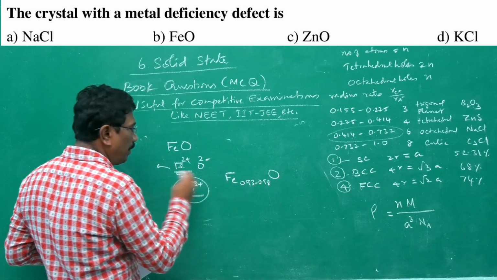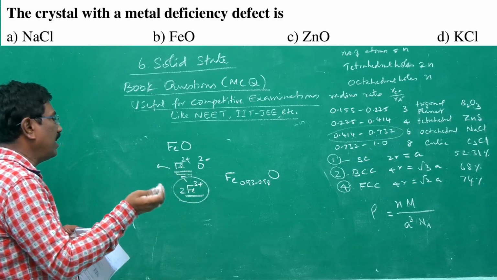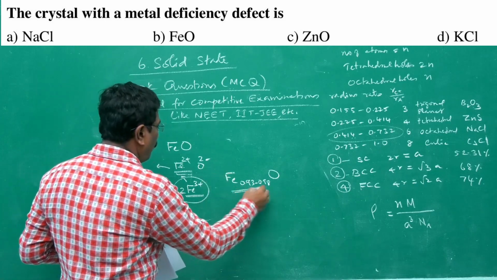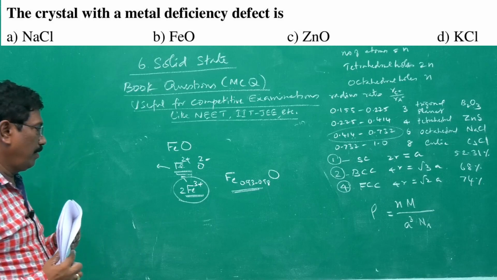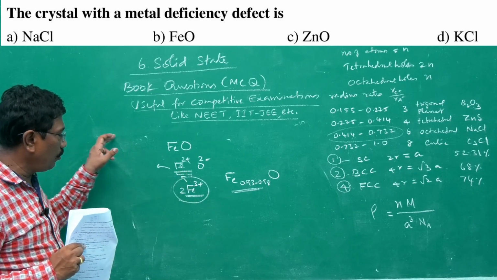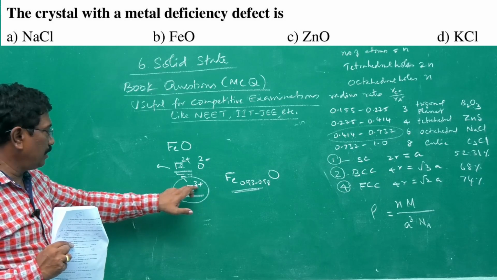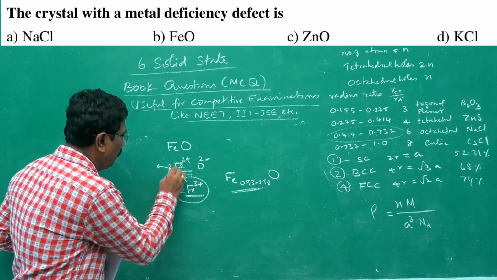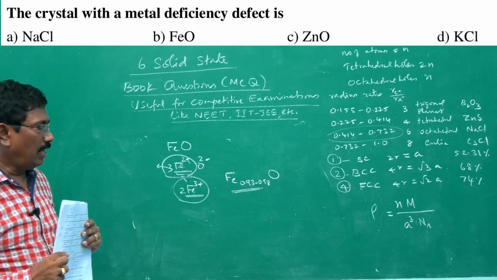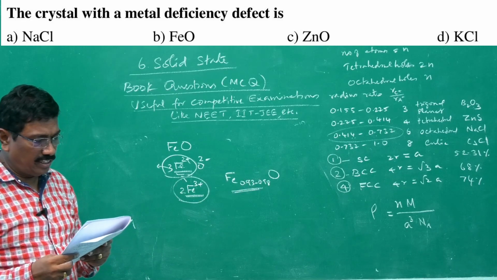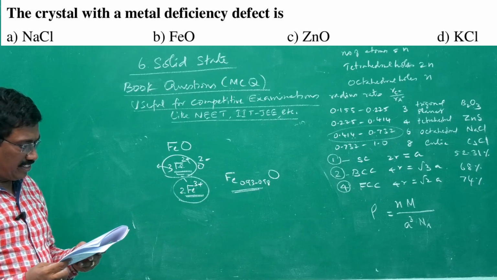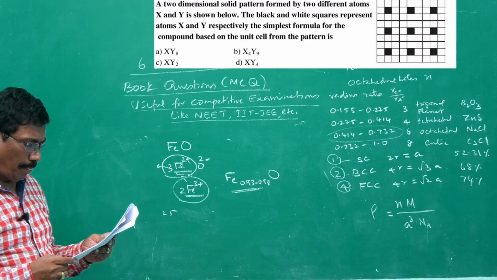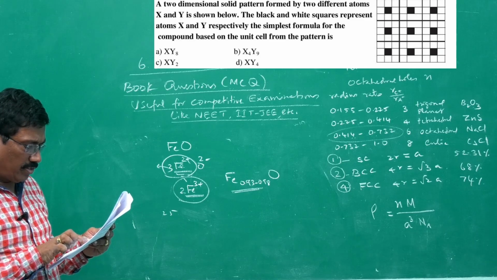It is because of the number of Fe3 plus ions which are entering that Fe2 plus ions will go out, and therefore the actual number of ions gets reduced to make the charge equal. When 2 Fe3 plus are coming in, 3 Fe2 plus will go out to make the charge equal. 6 plus is going out, therefore only by leaving 3 Fe2 plus ions from its site can the charge be nullified. And therefore the number of Fe2 plus ions gets reduced, and it is known as metal deficiency defect.